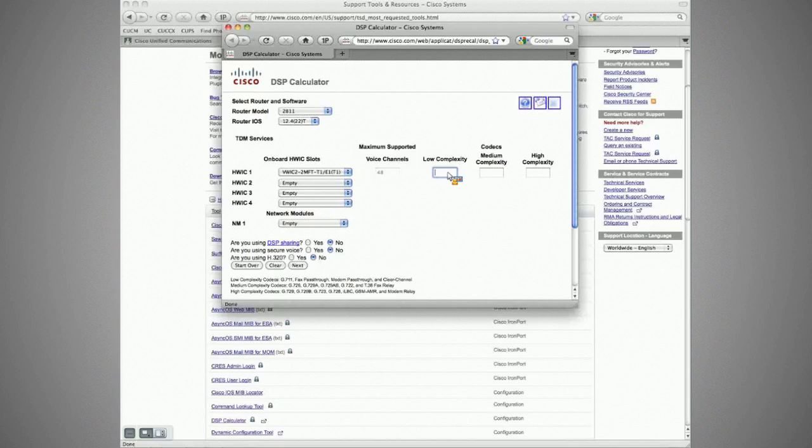How many low and medium complexity codecs? So we have the ability to put in low complexity codecs, which we'll get back to the slide, but we had briefly showed there. G711 is one of those. In fact, it tells us right here, low complexity codecs are G711. Clear channel, we'll mention maybe tomorrow. Medium complexity codecs are G729A, so Annex A, which is a lower complexity. The whole idea of Annex A was it was a lower complexity algorithm,